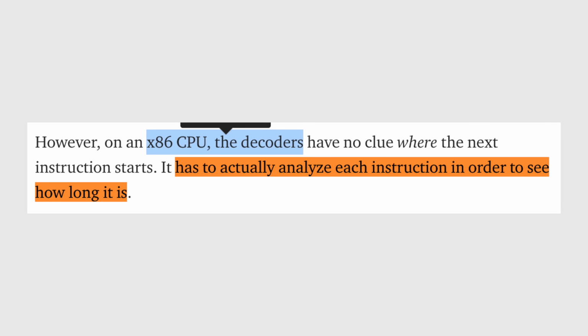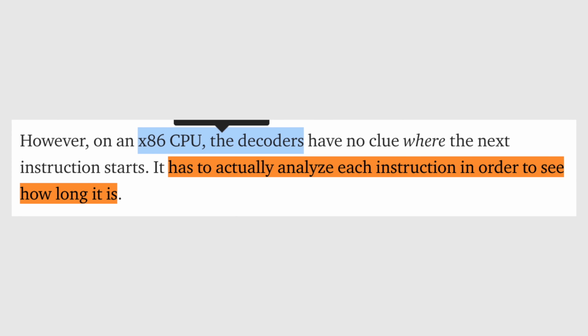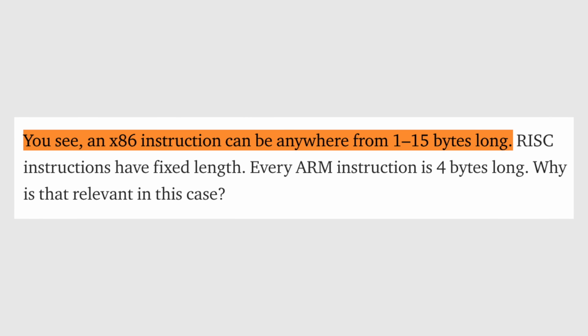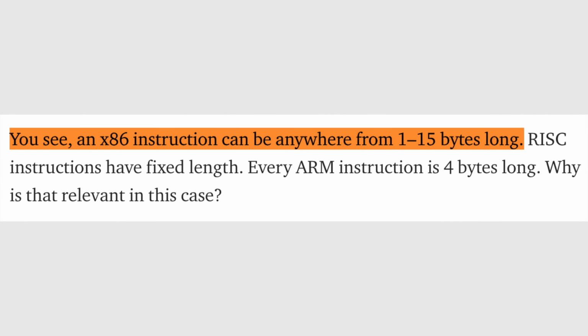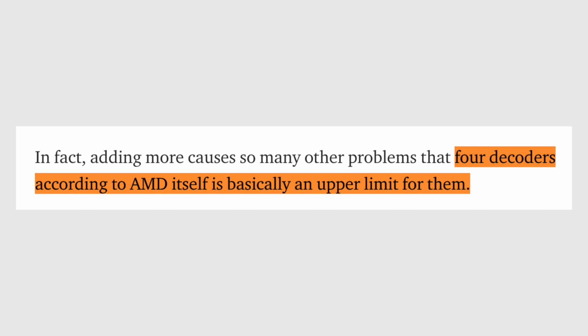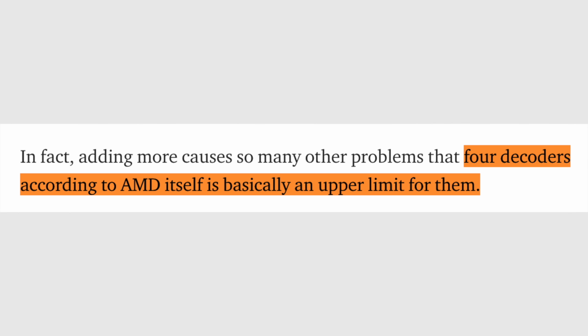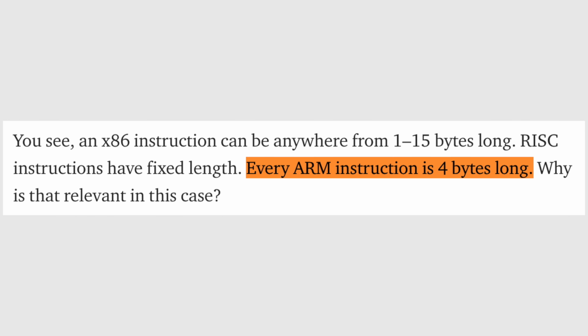And the biggest issue for regular x86 chips is that they can't add more decoders than 4 because the chip has to analyze each instruction in order to see how long it is before using a decoder to chop it up into micro ops, because x86 instructions can be anywhere from 1 to 15 bytes long. And adding more decoders makes the whole process much more complicated, so AMD themselves said that 4 decoders is an absolute limit for them. But for the M1 chip, each ARM instruction is always 4 bytes long no matter what,